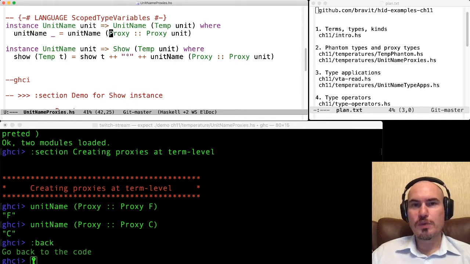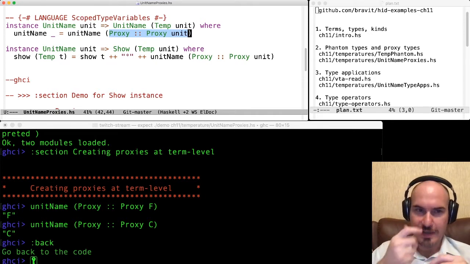And in this proxy, we give a particular argument. So now it's a unit which comes from the unit type from the head of this instance. So unit name for a temperature in Celsius will be C. For Fahrenheit, it will be F.